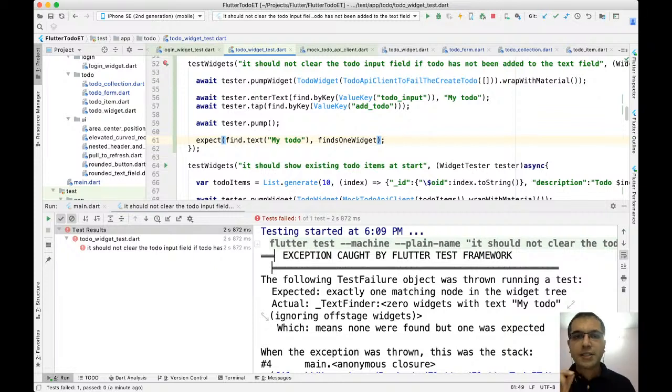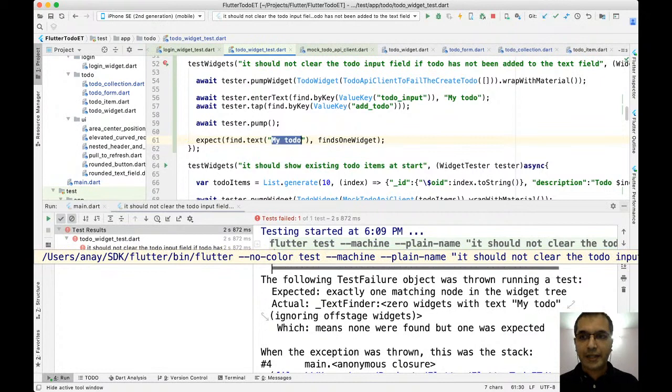The only problem is, the reason why I consider this test to be wrong is we still don't know if the to do still appears in the text, isn't it? We have to make sure that the to do appears, but it does not appear inside the pull to refresh list. So we'll make the test complete first before we actually go and fix it, right? So even if it is failing, we have to make sure that the test is still right.